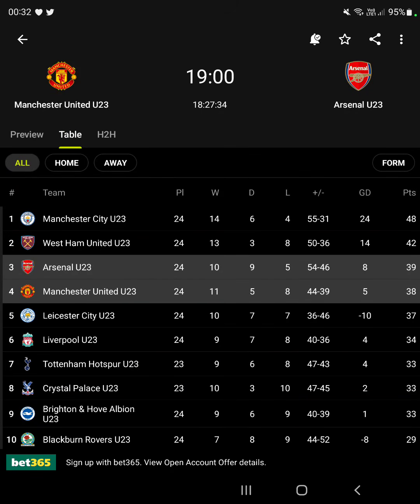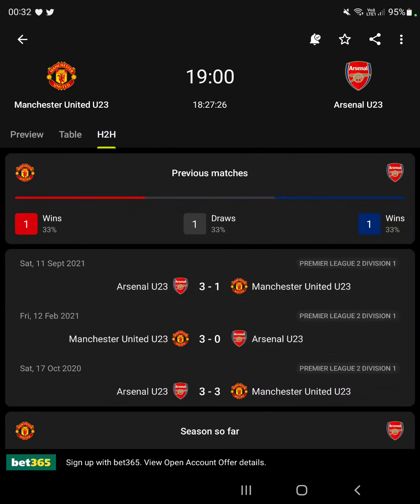In the table, again, because they're really close together, that might kind of give me pause for doubt. So let's look at the head-to-heads. Last 3 games, it's been over 2.5 goals. You've even got a 6-goal game and a 4-goal game. So in this occasion, what I'm going to do is